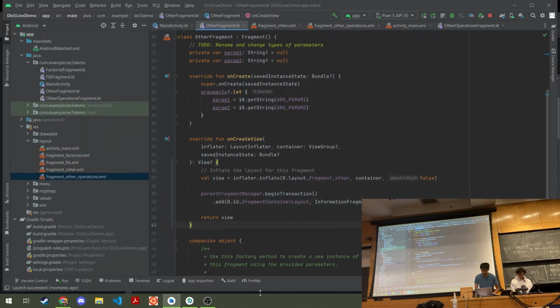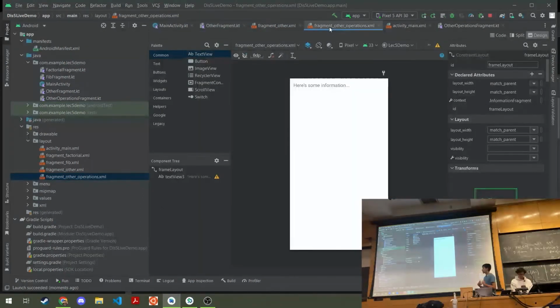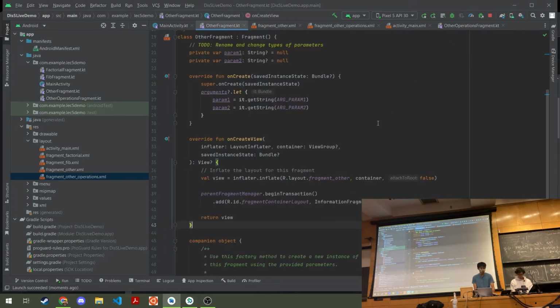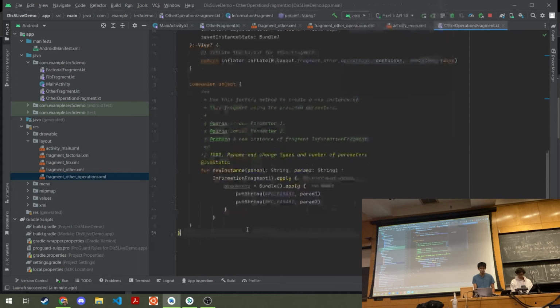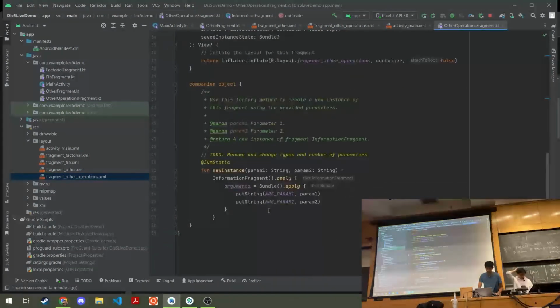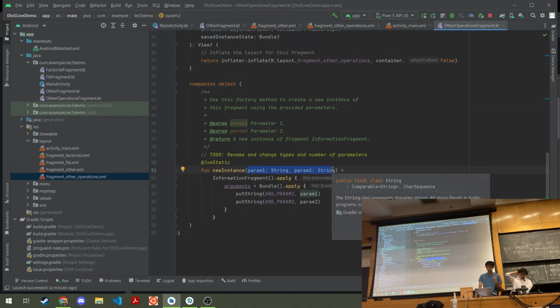So how do we make it so that in our other operations fragment, if I'm in my addition tab, I'll display some information about addition. If I'm in subtraction, I'll display something about subtraction, and so on for multiplication as well. Well, the main way we do that is with the new instance function here. So again, this new instance function is the preferred way of creating a new instance over just using the default constructor. And this is because you can pass in parameters as arguments to your fragment